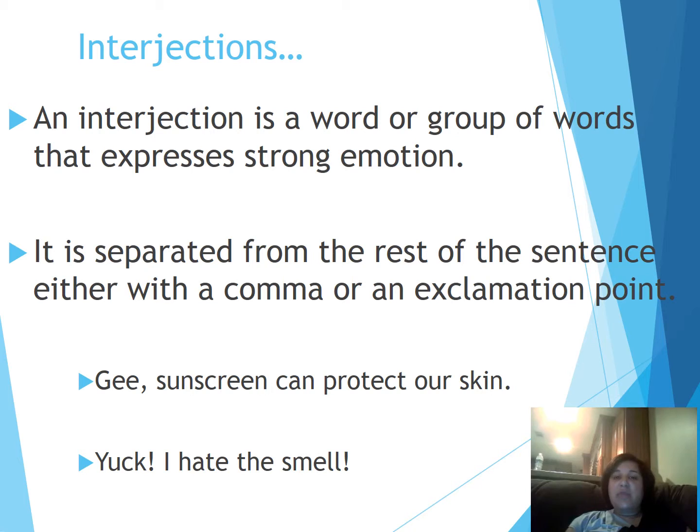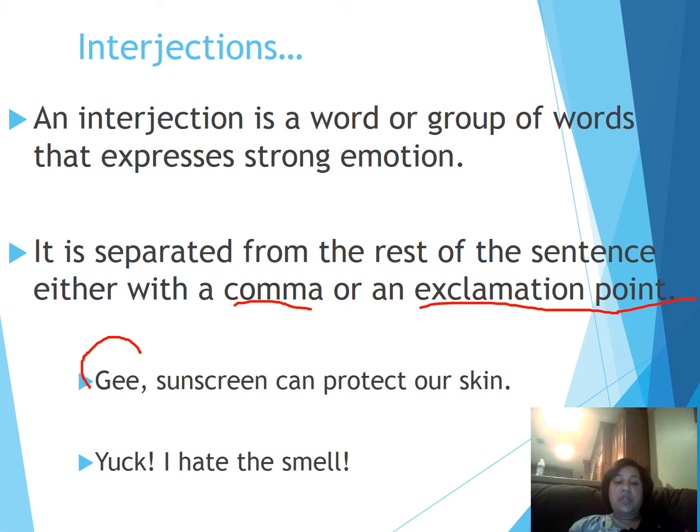Interjections. So the next thing we're talking about is interjections. Okay? An interjection is a word or a group of words that expresses strong emotion. It is separated from the rest of the sentence, either with a comma or an exclamation point. The first example I show you says, "Gee, sunscreen can protect our skin." So my interjection is "gee." And if you notice, there's a comma